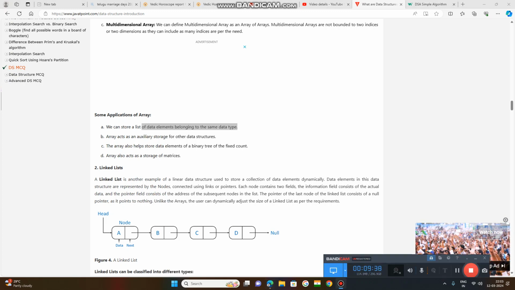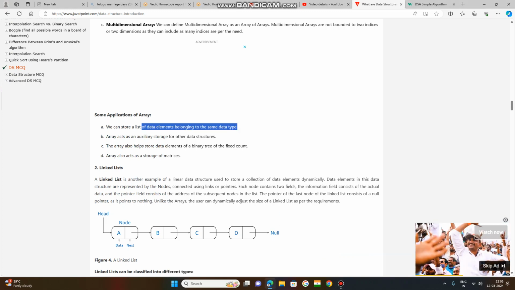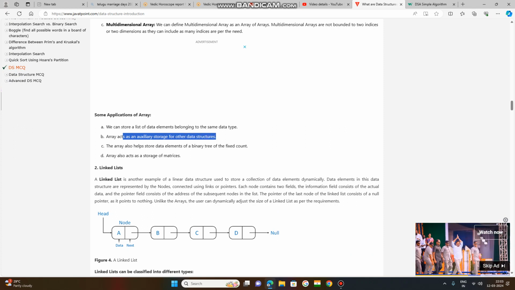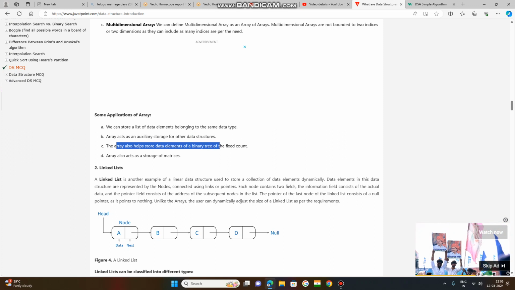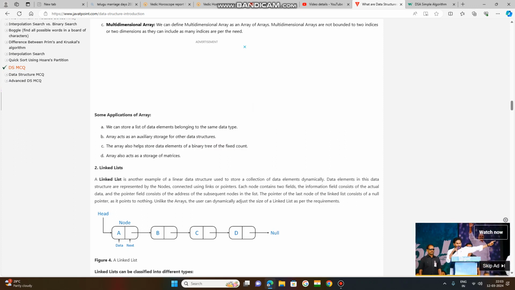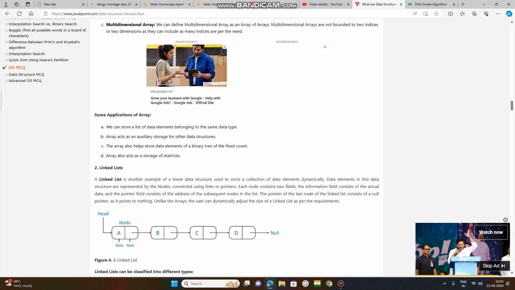Next, arrays act as auxiliary storage for other data structures. Arrays also help store data elements of a binary tree of a fixed count. So whenever we want to store data elements of a binary tree with a fixed count,